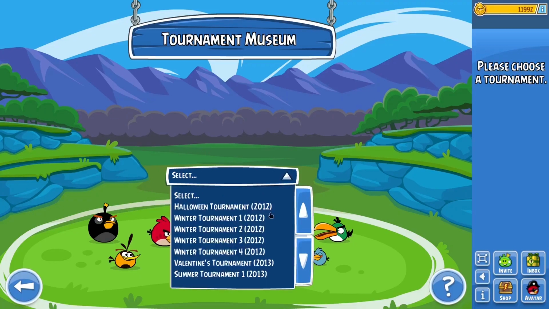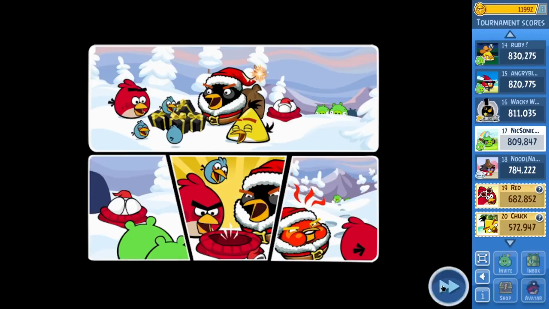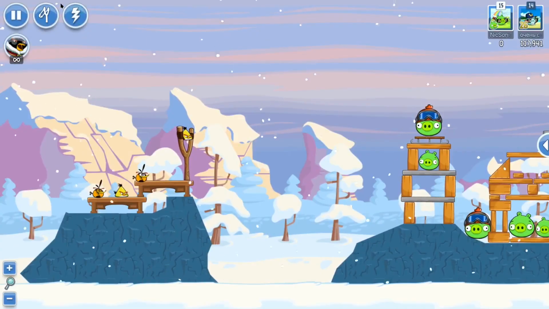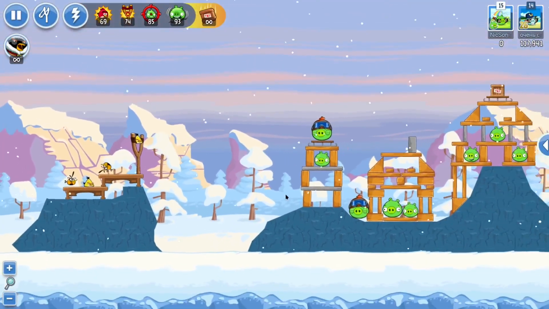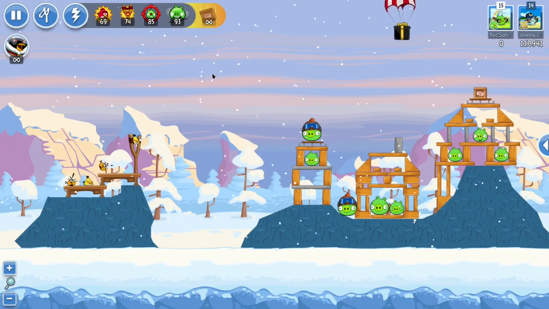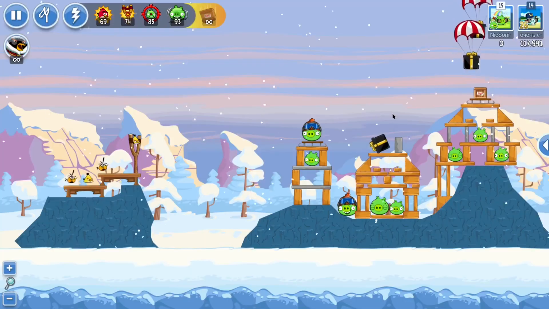Some tournaments also have special power-ups, such as if I go to Winter Tournament. Well, there's Santa Bob instead of Wingman. But there's also TNT, like presents as the